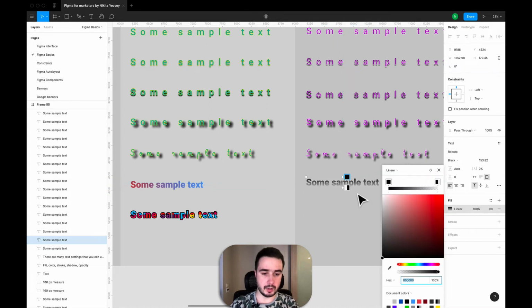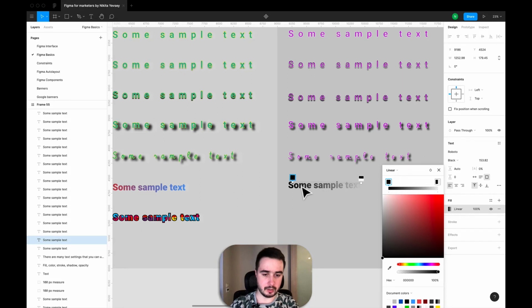So we see, for example, radial one. It will be from here to there, and as you see, it goes from black to transparent, and we want this thing to be blue and not transparent, and the first indicator will be red, something